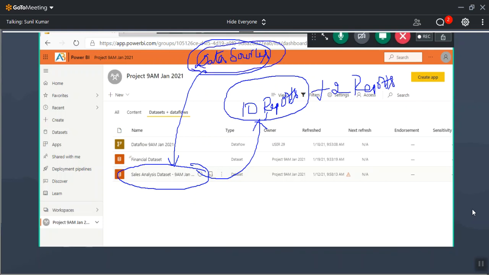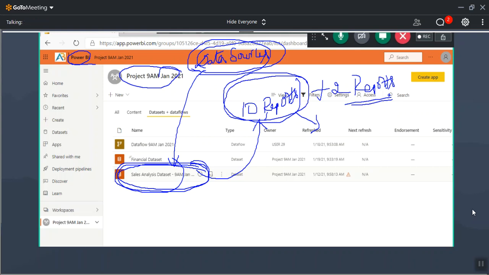So using these data sources, I created a data set. I published it to the Power BI Service Project Workspace. And using the data set, I created the 10 reports. I shared with my clients. And later on, in the same project, they're asking to create 2 more reports. Initially, there are 10 reports only. Now I want to create 2 more reports. When I want to create 2 more reports now, how can I create it?